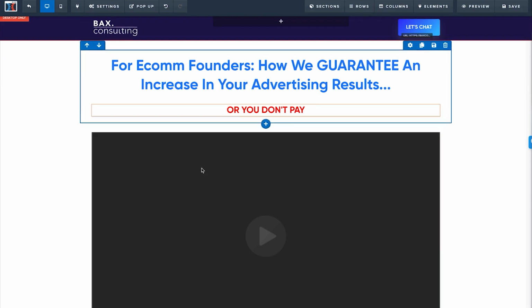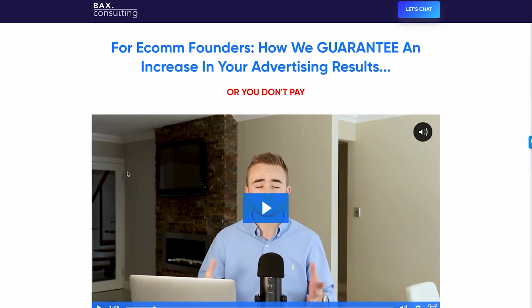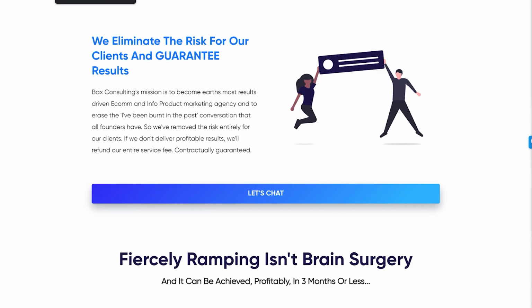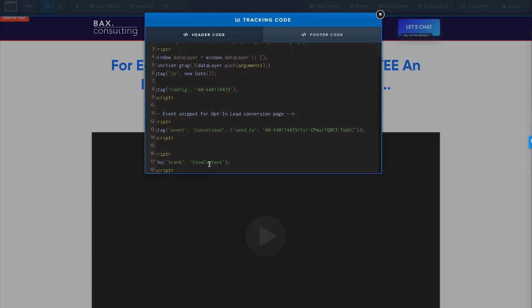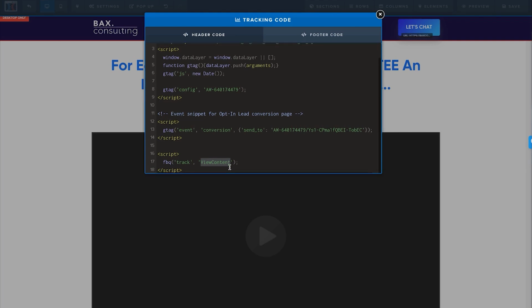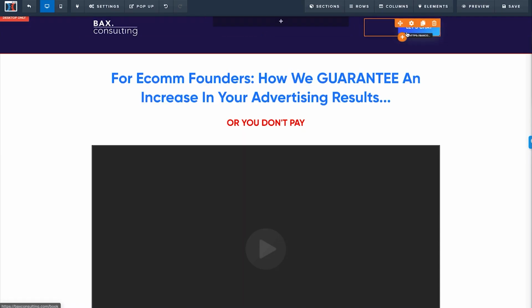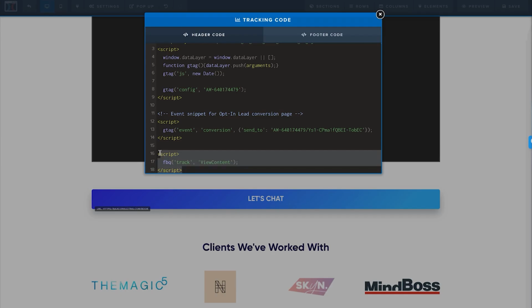So if we go to preview and go to the actual page on the front end, when somebody lands on this front page, whatever name is in the tracking code script, that's the event that's going to fire in the back end. So when somebody clicks the ad, they come straight to this page, which means the view content event, because that's the script on this page, is going to fire.